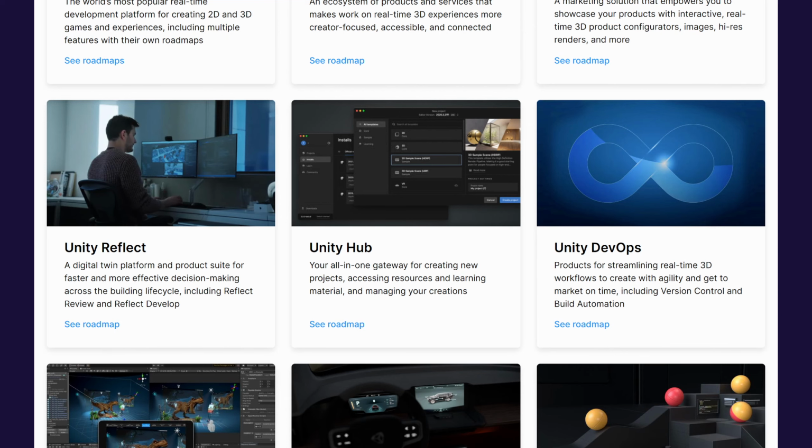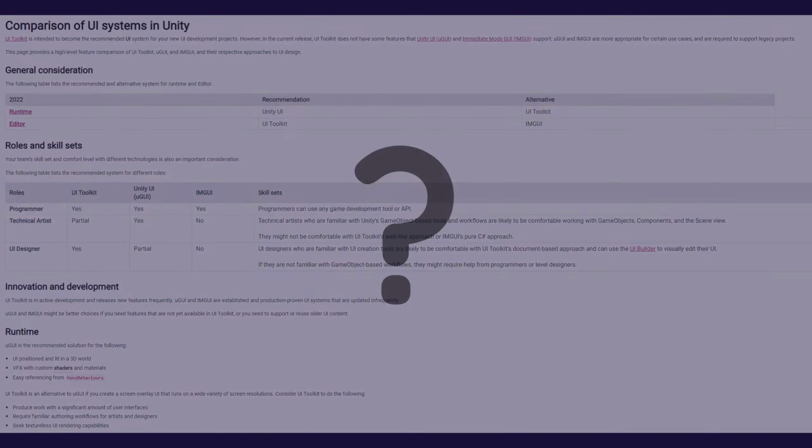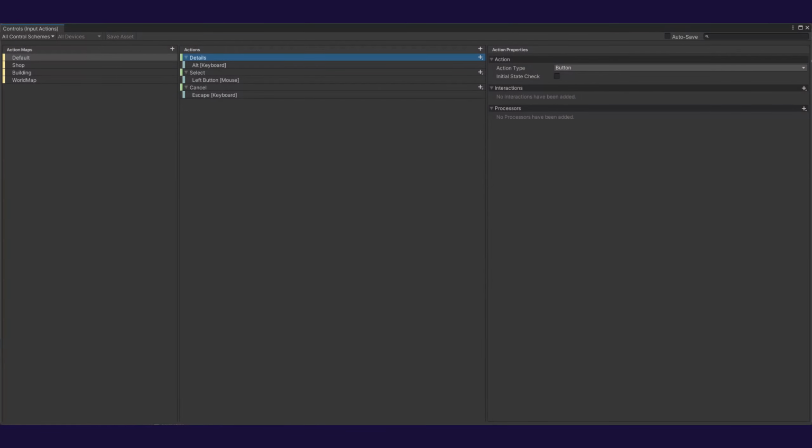It feels like Unity is spreading their resources and working on too many features at once, instead of creating a foundation of polished ones. They should focus on making a single UI system that is fun, intuitive and robust. That also goes for the input system. Deprecate the old system and upgrade the new one.